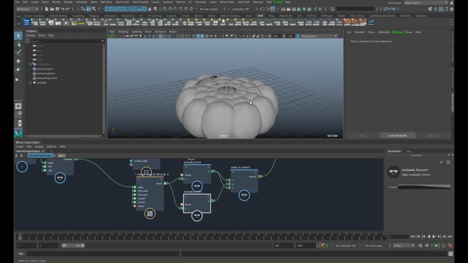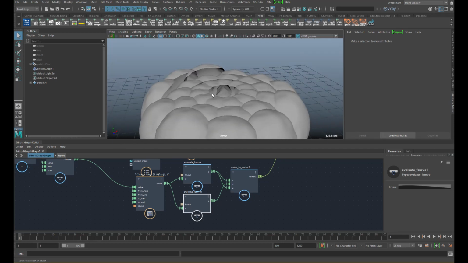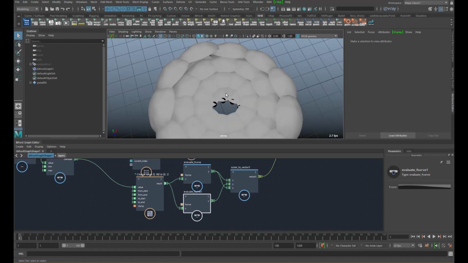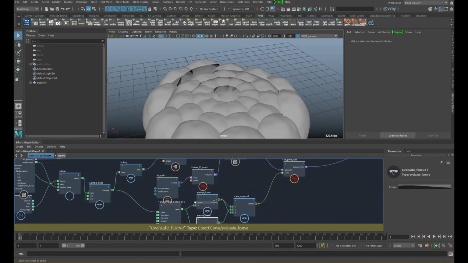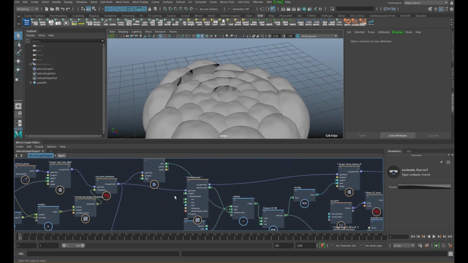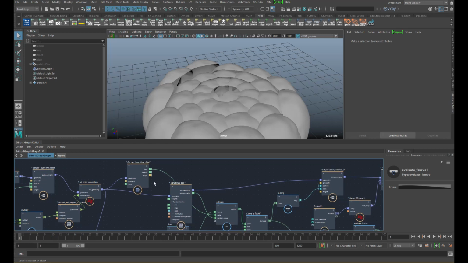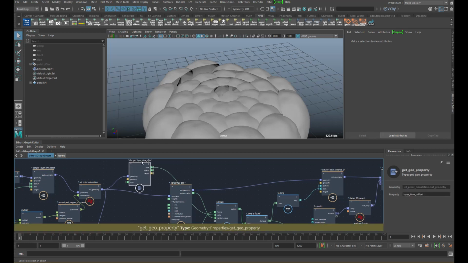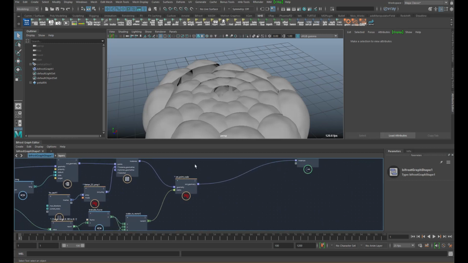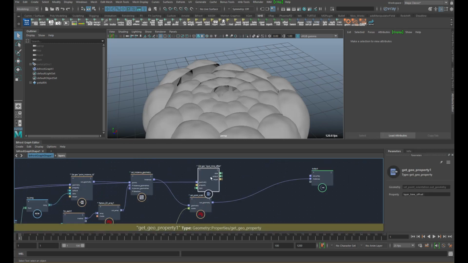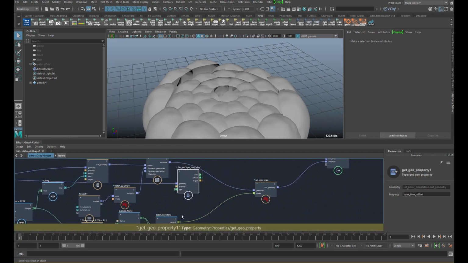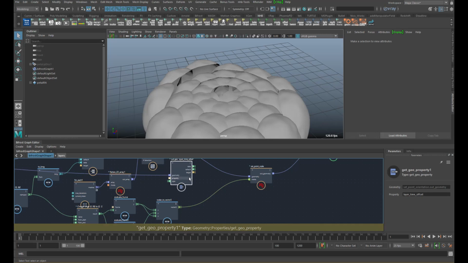And then we might want to offset each individual layer and make that smaller towards the inner circles. And the best way to do this is to make another property, but we do have something in place already, which is the layer time offset. Just for the sake of demonstration, I'm going to use this layer time offset and subtract that from the scale.